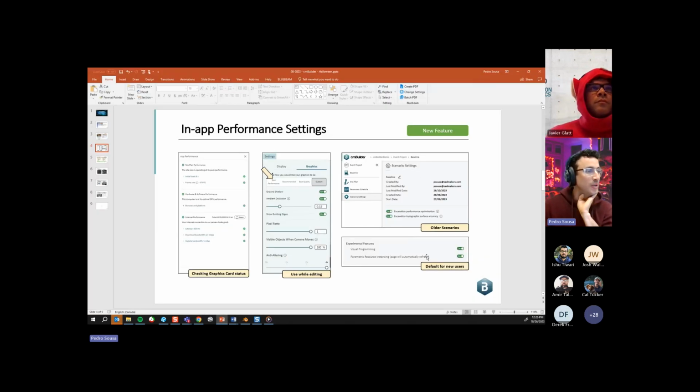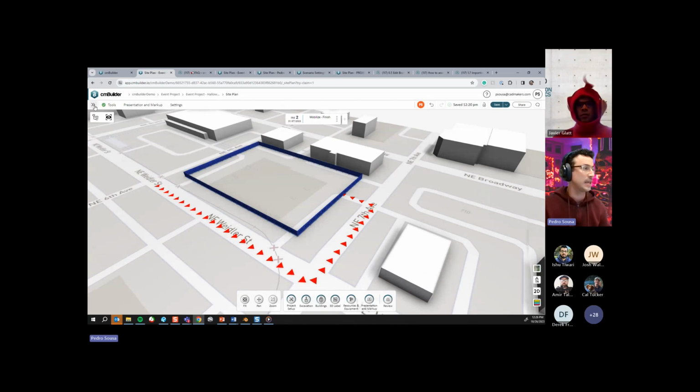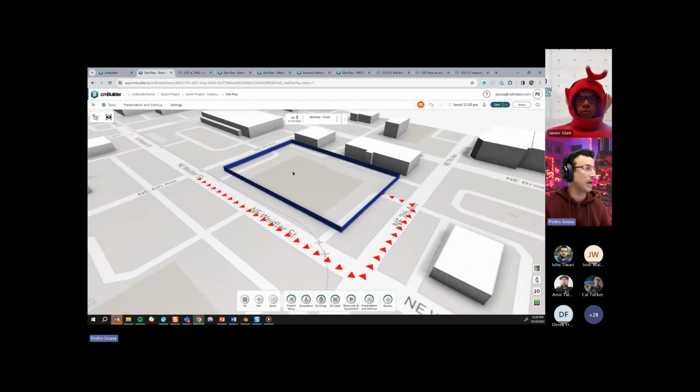Okay, cool. So these are two other things that I want to talk about today. The first one is more focused on older scenarios. If you have a project that has been in cmBuilder for a while, we have recently created a new performance update